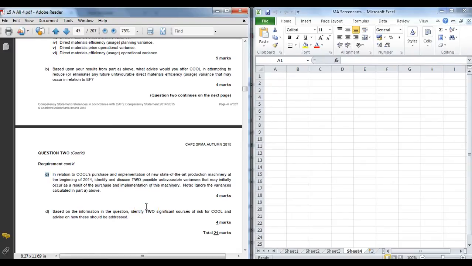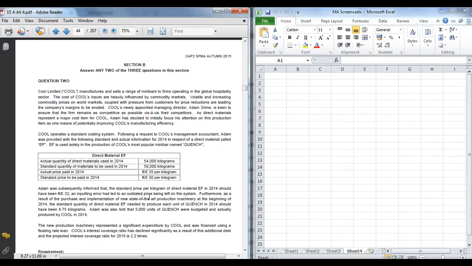So again, it's always a good idea at the outset to read the requirements first. That'll give you some context in the question. So I've assumed you've read through the question. The broad background is that it manufactures minibars. It is exposed to commodity prices. In particular, one of its direct materials is this EF, and we have information here that it uses a standard costing system. So the first requirement we're going to do is A1 and 2,